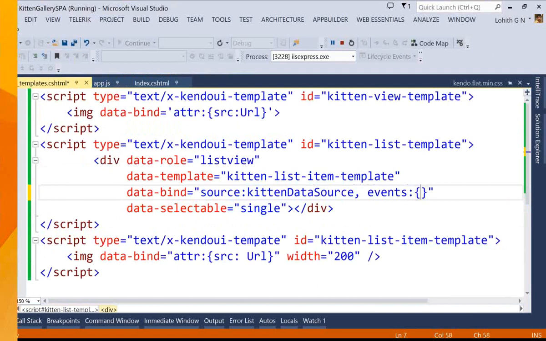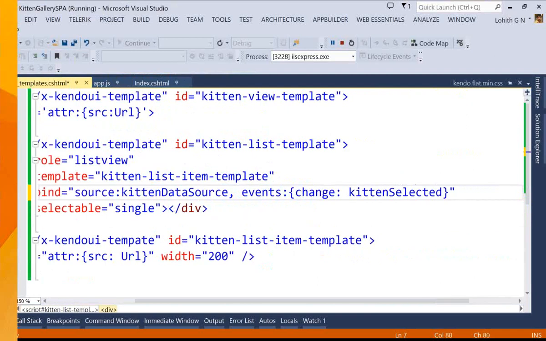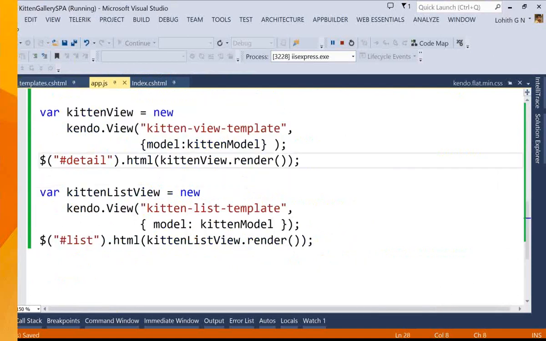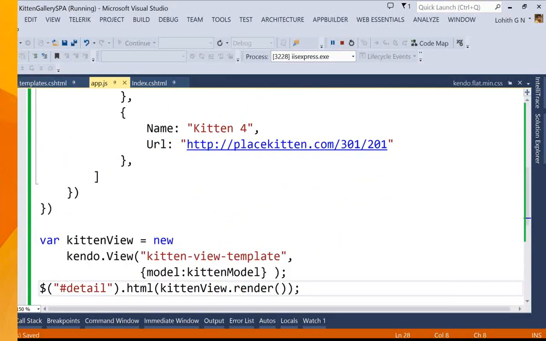So I'm going to say event, and I will say change, and I will have an event handler called kitten selected. Okay, in my model, what I'm going to do is go ahead in the model, and then